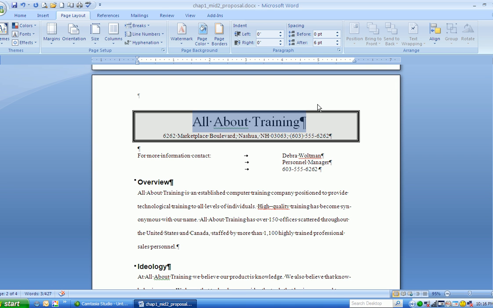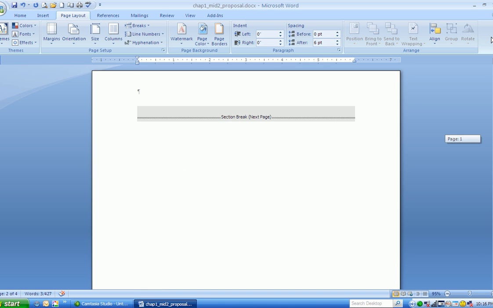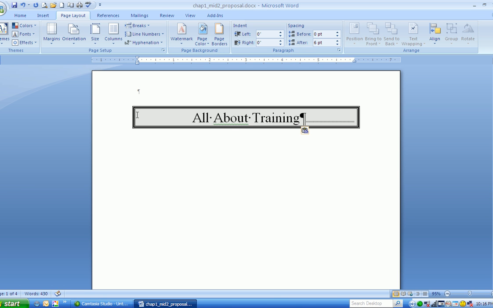So I'll copy that title and make sure you're in front of this next page section break and paste. And it copied all of the formatting, the box, the text box, and the centering and everything. So now it tells us to